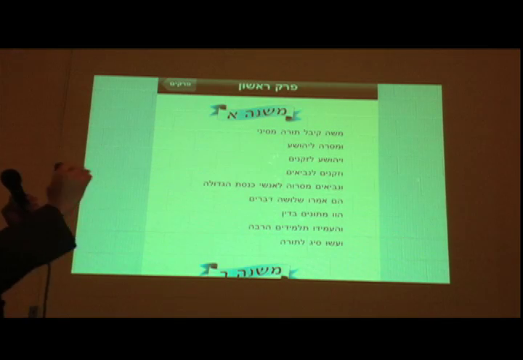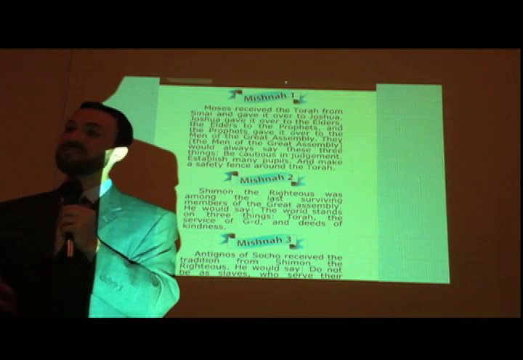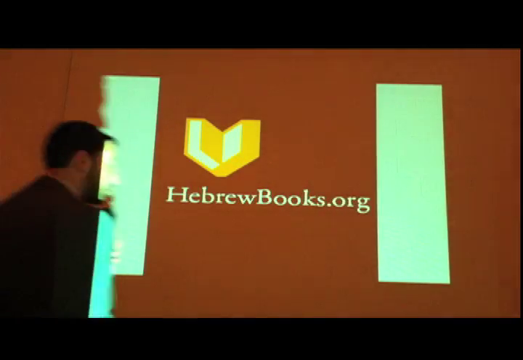And it says to Joshua, well, you know, Hebrew is a little bit hard, so click a button, now it's in English. To Joshua, to the elders, to the prophets, but it doesn't say to the iPhone. But somehow it was transmitted generation to generation. Here's the Mishnah 2, the famous Mishnah of Shimon the Righteous, which says that the world stands on 3 pillars: Torah, Avodah, Gemilas Chasadim. Torah, service, and acts of kindness. So if I have 5 minutes and I'm sitting, I can just open this up and study a little bit of Pirkei Avot.